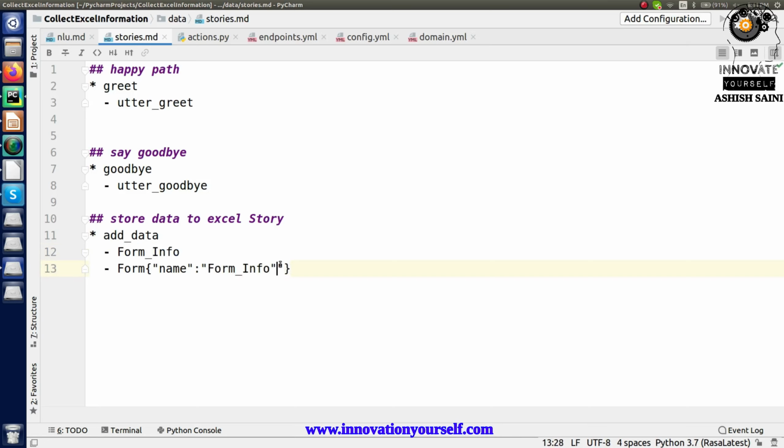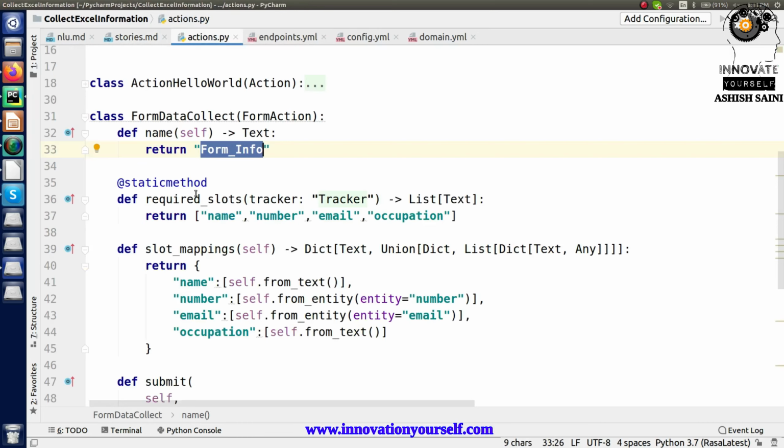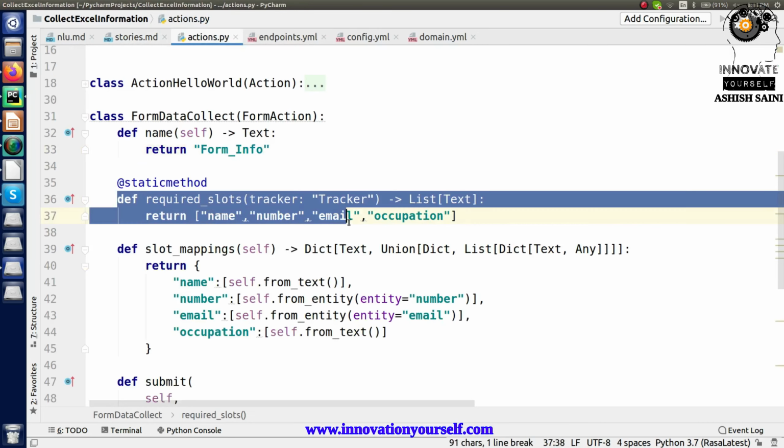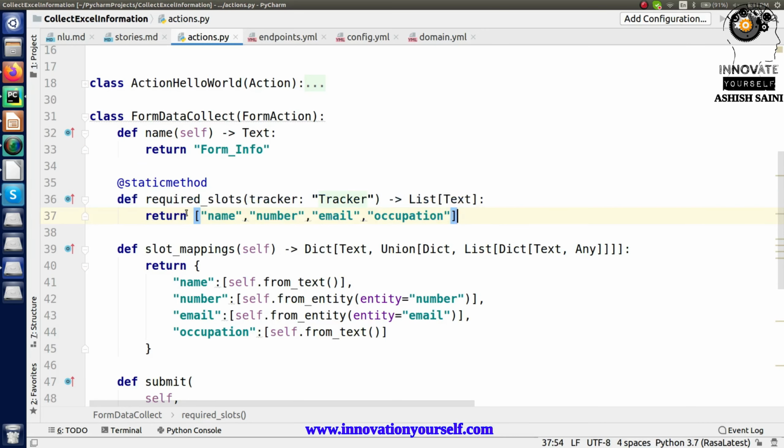This means I am activating my form. When my form is activated, it will automatically go to the action part, and based on the required slots, it will collect the information one by one. Not only collecting the information, it will automatically ask the questions like please provide your name, please provide your number, please provide your email ID. So this is how it is going to work, right?